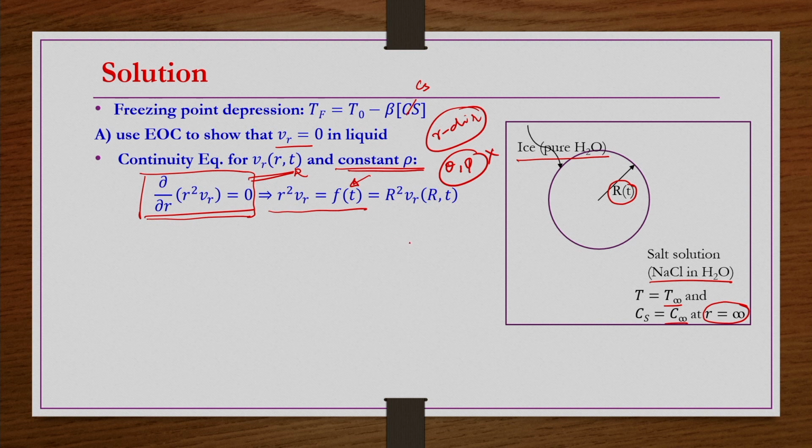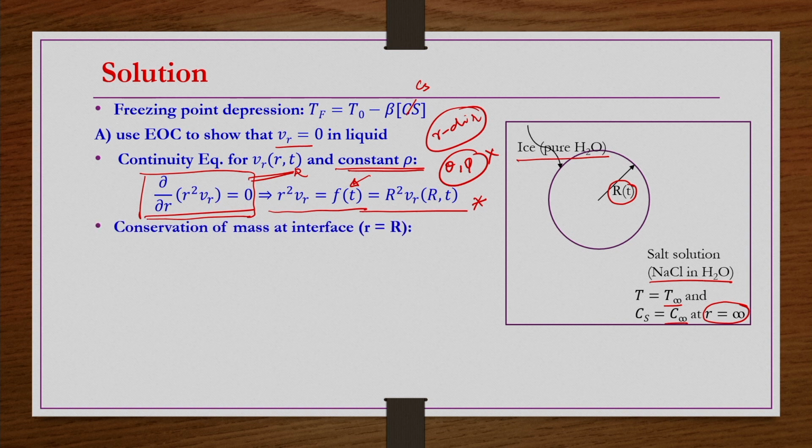Okay. So, if you apply the boundary condition at r equals capital R, then again we get the same thing, capital R square Vr at capital R comma t is again F of t. Okay. But from here we cannot prove that Vr is 0 everywhere. So, we have to leave it as it is.